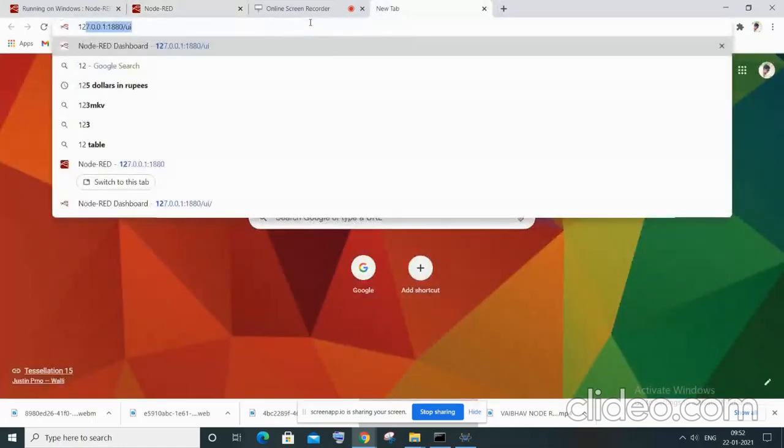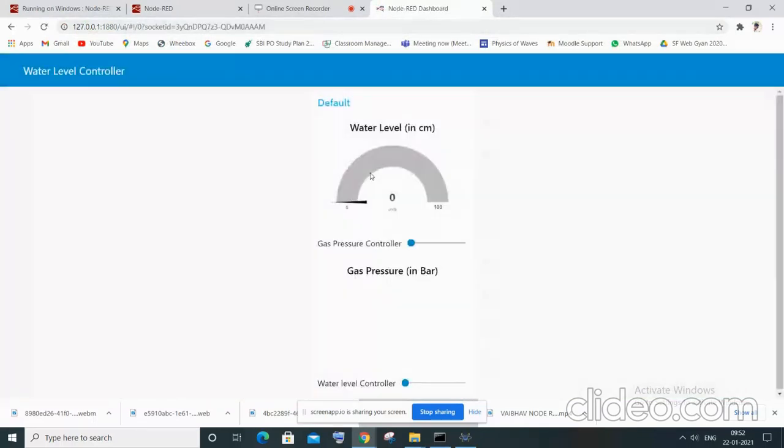Now we will see this in the UI. Here we can see the gas pressure controller. By changing the value, we can see the bar increasing and decreasing in height.